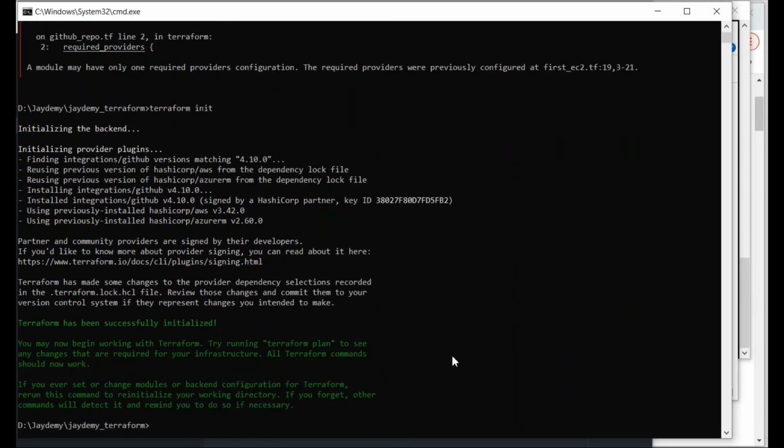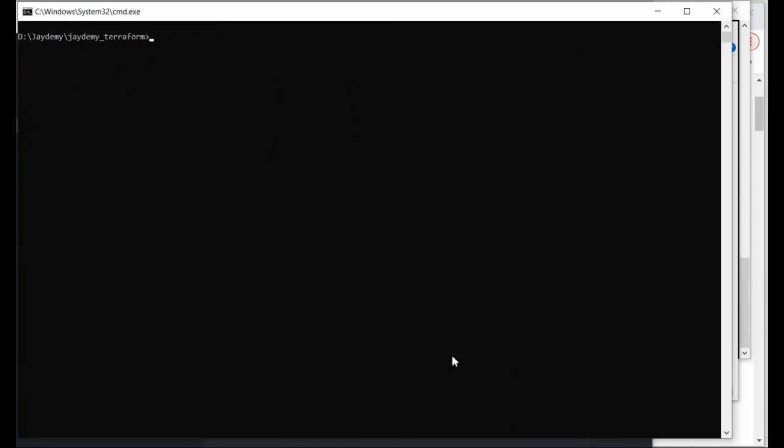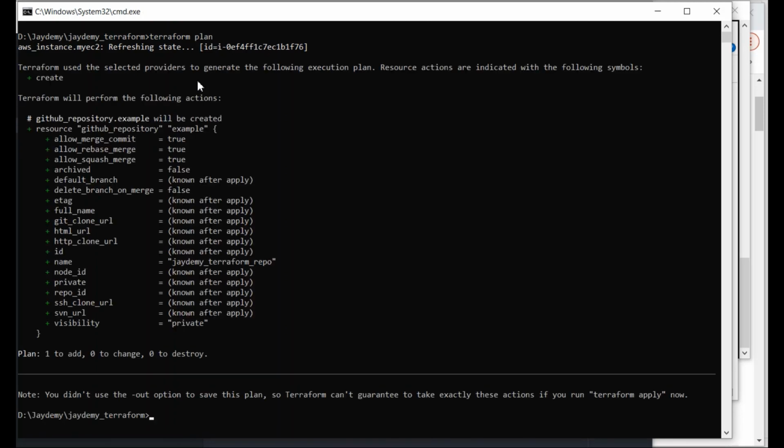Now what we need to do, just clear it and run terraform plan. If you see here, the refresh is also taken.